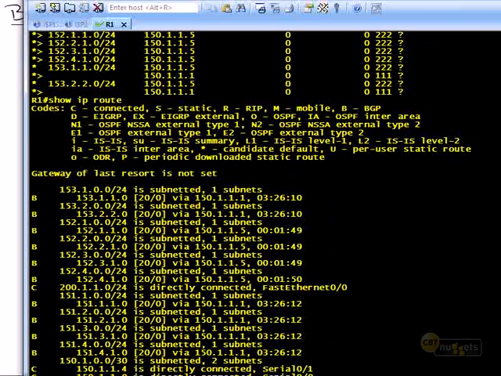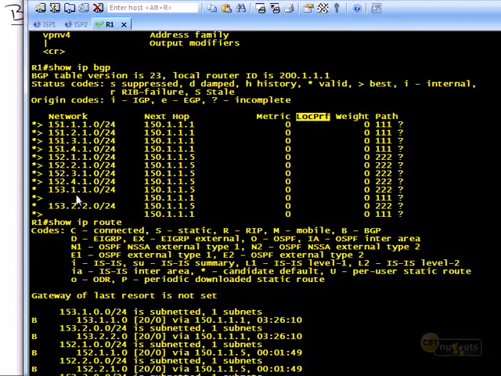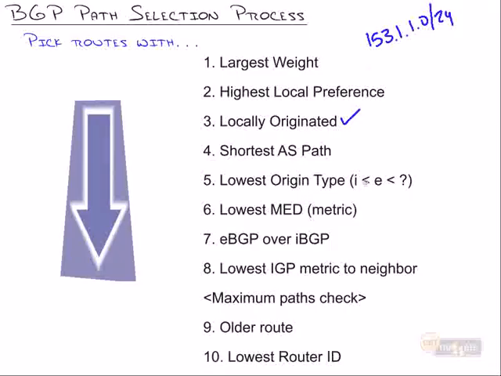It says, I'm going to prefer locally originated routes, meaning routes that I generated. So for instance, if router 1 came up with any of these routes, it's like, oh, I made that one. It's going to say, well, that's what I prefer. Then, now notice the next one down in the list. This one's huge. Shortest AS path. That is probably the strongest